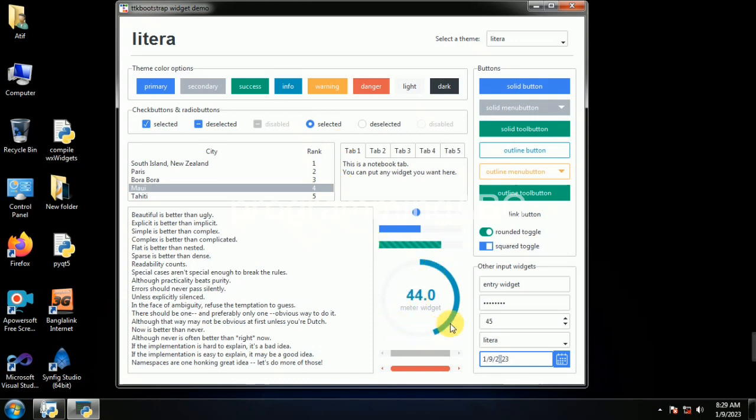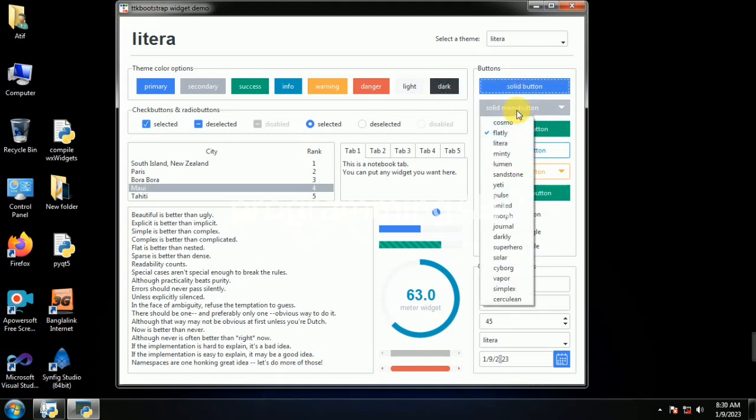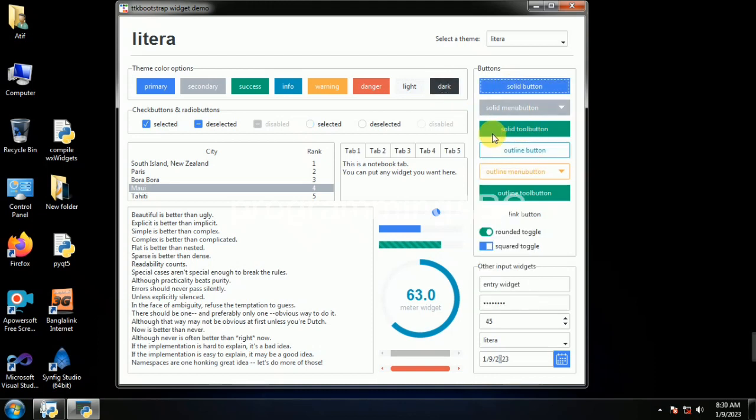Here are all the elements of ttk-bootstrap: meter widget, toggle button, round shape, color information: primary, secondary, success, info, warning, danger, light, dark, button, combo button, checkbox,